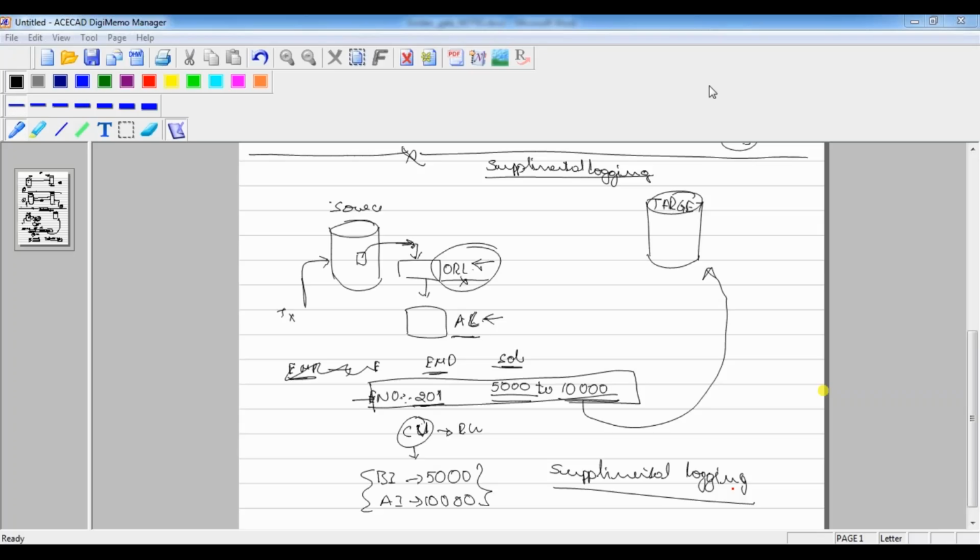The purpose of supplemental logging is to add more information about the record which we are going to update. For that record, we add more information so that the replication tool can identify that particular record in the target machine easily. For that reason, we enable supplemental logging. So what happens in supplemental logging is,